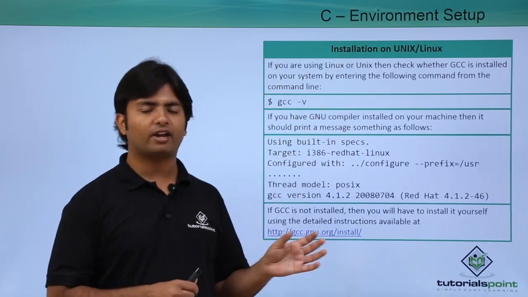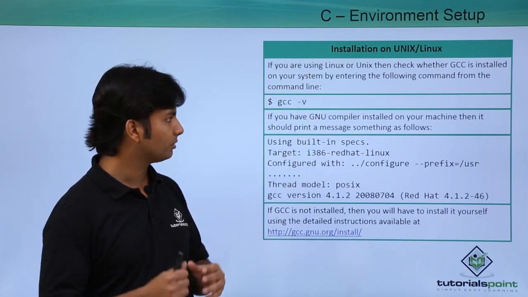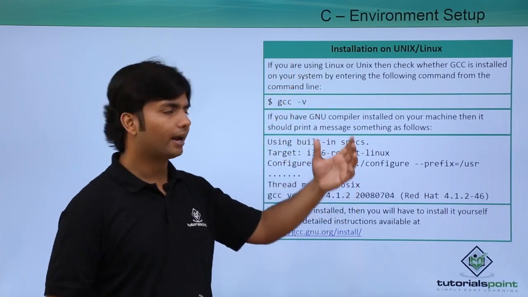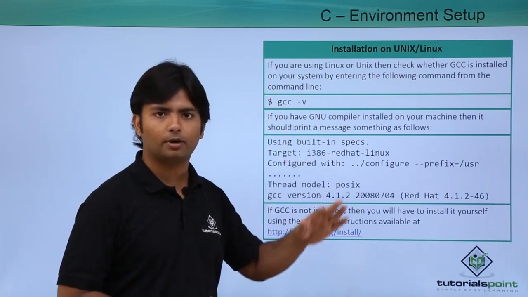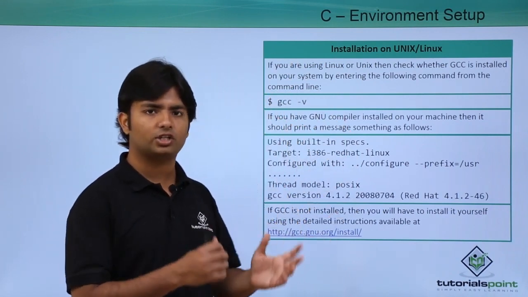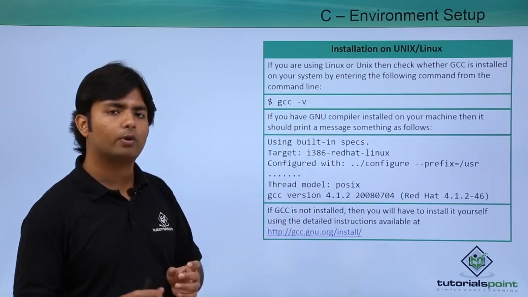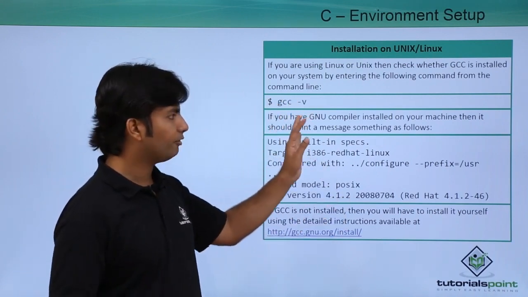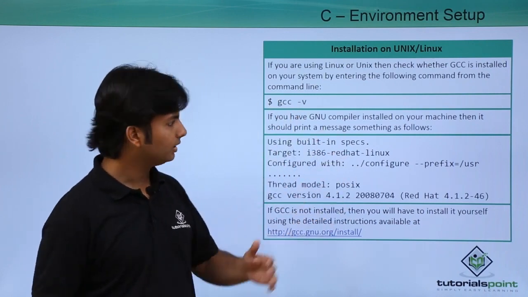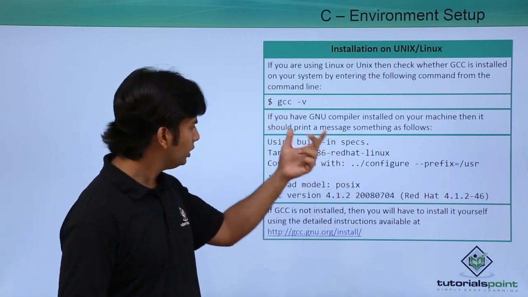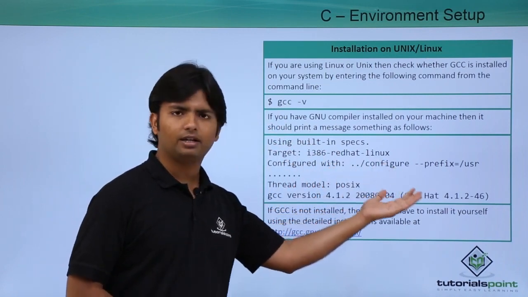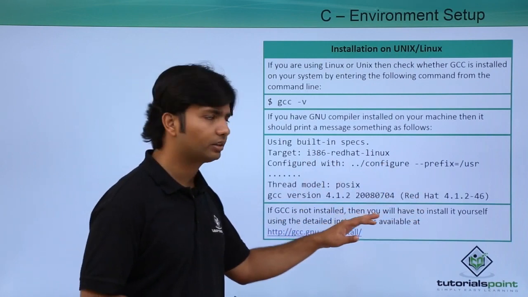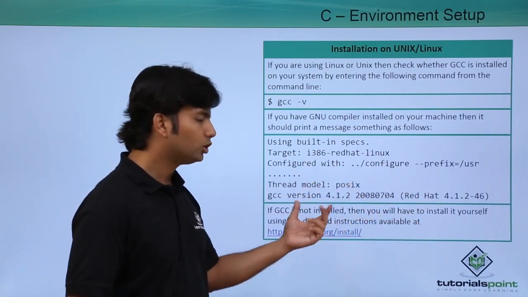If you have any Unix based or Linux operating system in your machine, first of all you will have to come to the command line and check with the gcc command, where GCC stands for the GNU Compilers Collection, which will provide you the authentic C compiler. So gcc -v to check the version of that. If it is installed, then you will get something like that as a result. But if it is not, it will not give you anything in return,